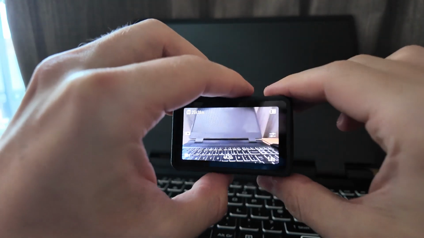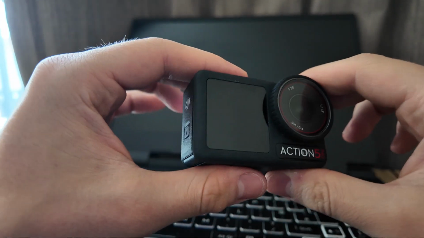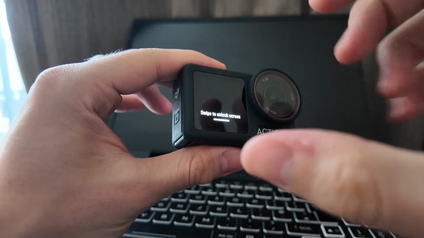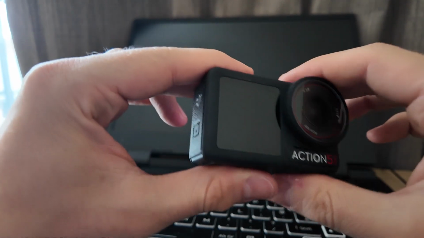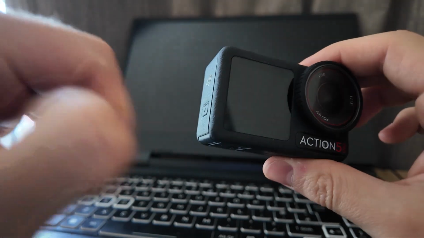Hi guys, so in this video I have this little DJI Action 5 Pro action camera that is the best one you can find on the market as of today. And in this video I'm going to show you how to turn on the subject tracking mode on your DJI